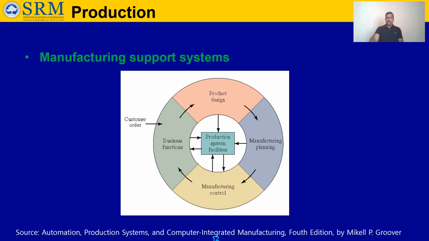So one is facilities, which is mainly about machineries, equipment and all. But another one is the support system, which is controlling everything. These two are the main ones. Without a support system, keeping the machinery is also meaningless, and without machinery, the support system has no meaning. So these two things are very, very important in terms of production.